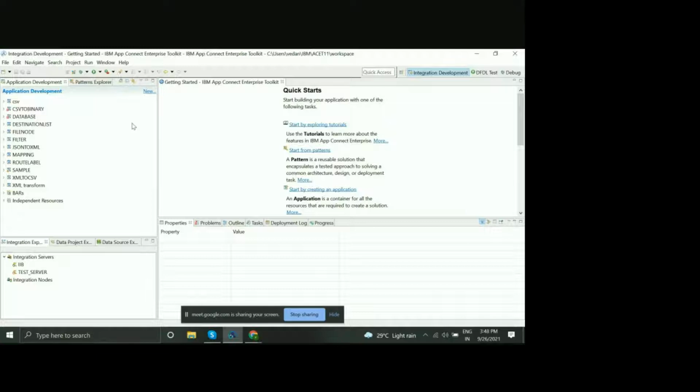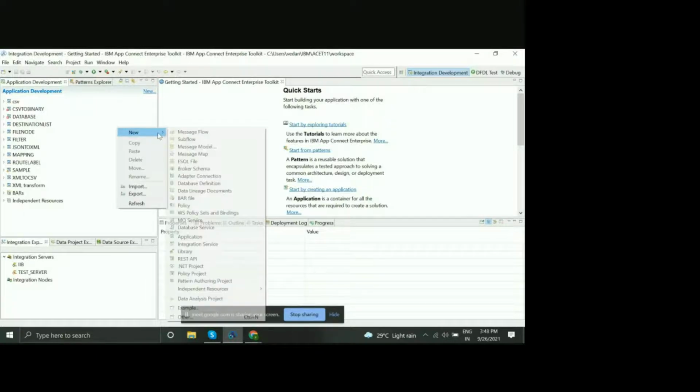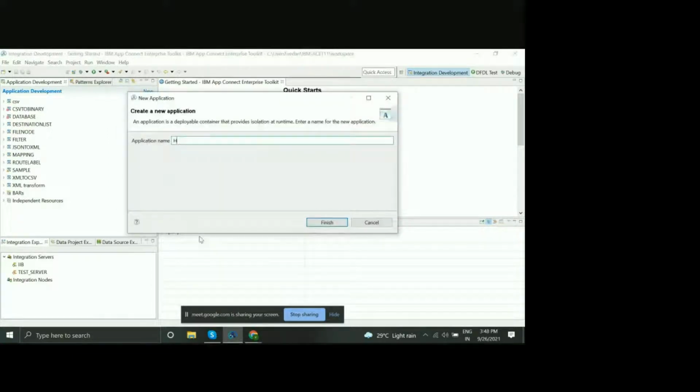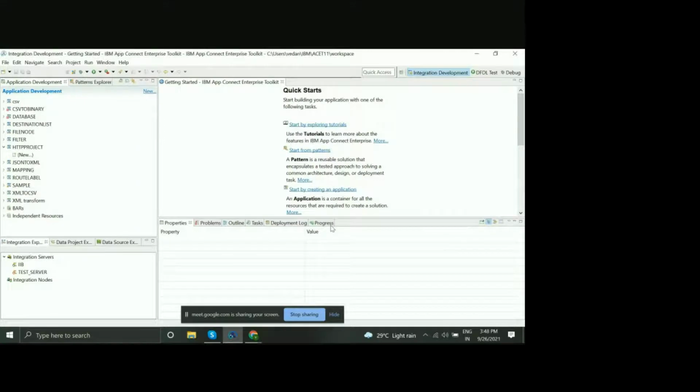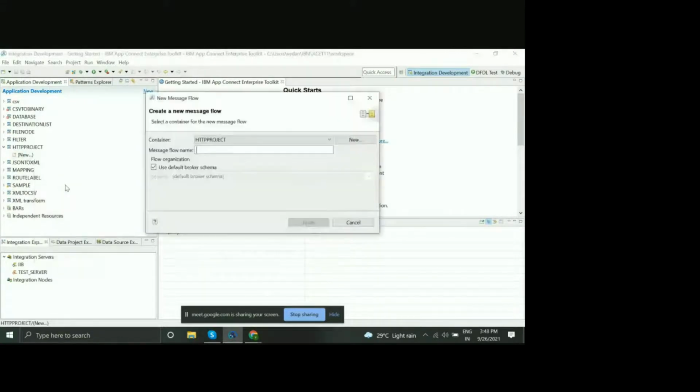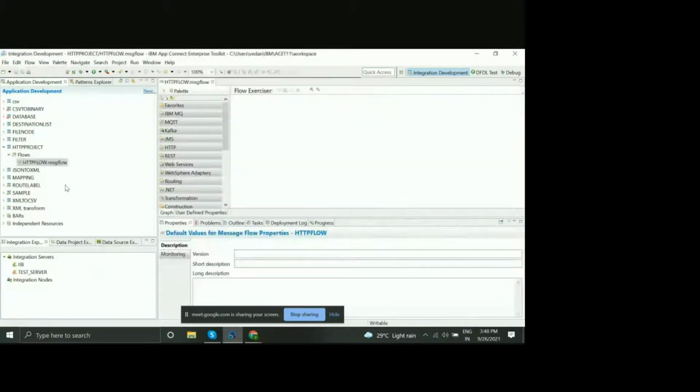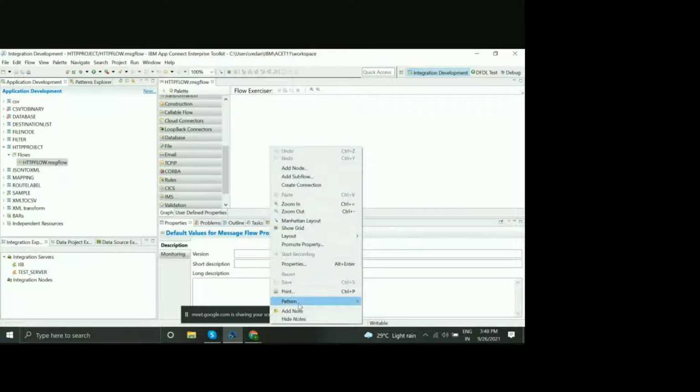All right. Create a new project. New flow. Add an HTTP input node.